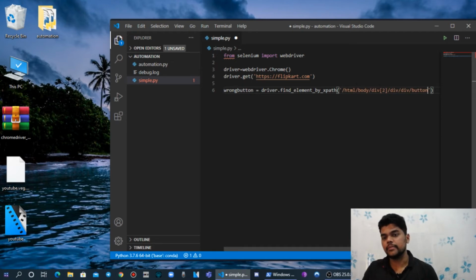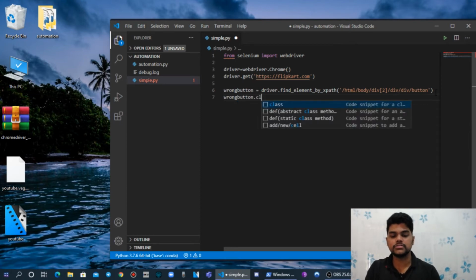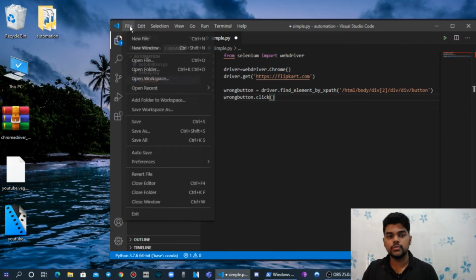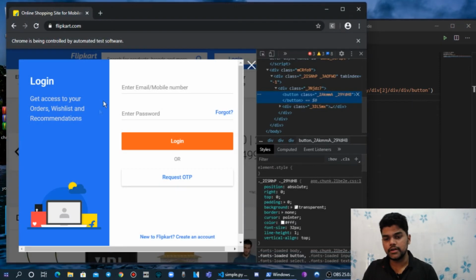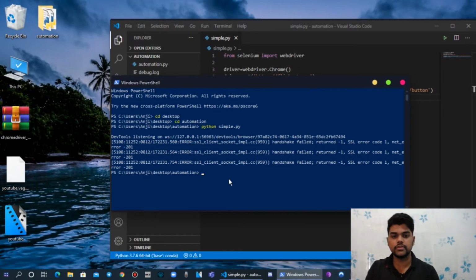After that, what do we have to do with that button? We have to click that button, right? So we give the click function: cross_button.click(). We'll save the file and close this Chrome tab. We'll re-execute the file and see.